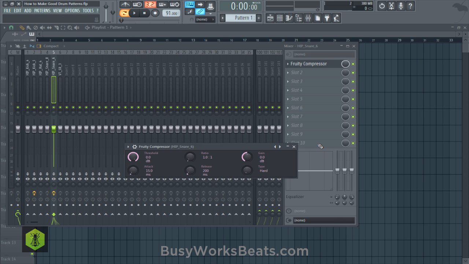Okay, so here I'm going to lower the threshold to capture most of the snare at negative 30 dB. And we're going to compress it about 4:1. You don't have to worry about this. We're just going to squash the beginning of the snare so that it matches the ending of the snare, so that they're more equal in volume. Now I'm going to crank up the output gain. And now it has a perceived longer body.